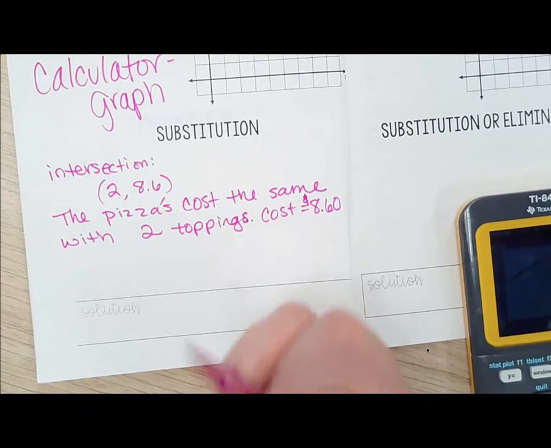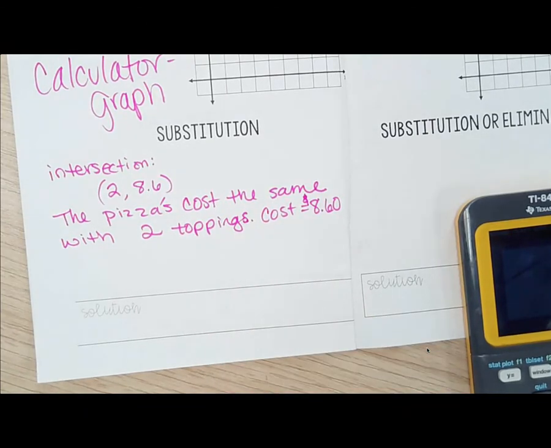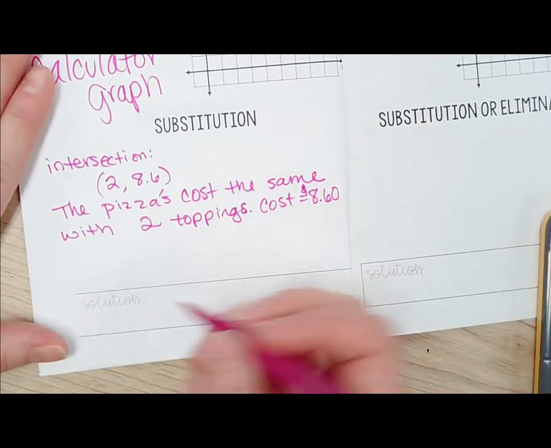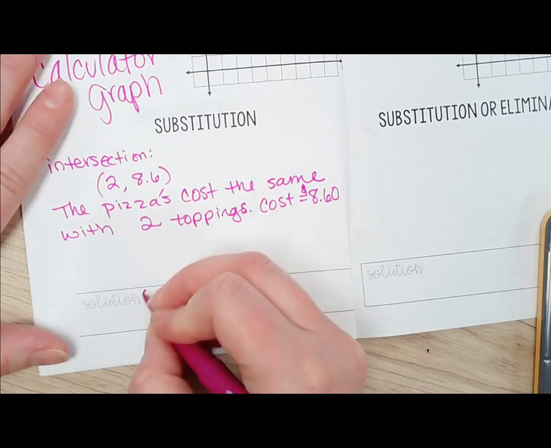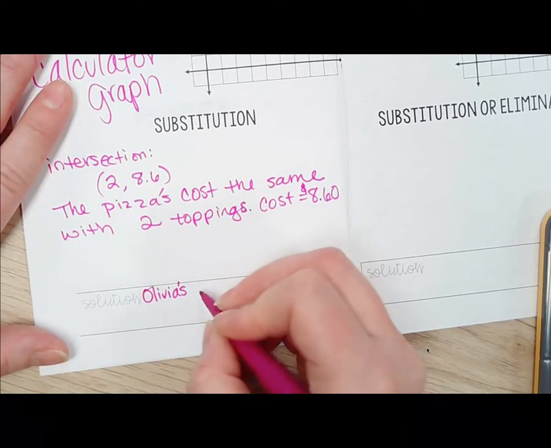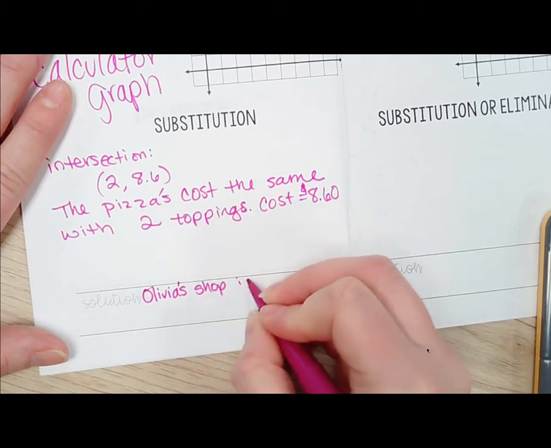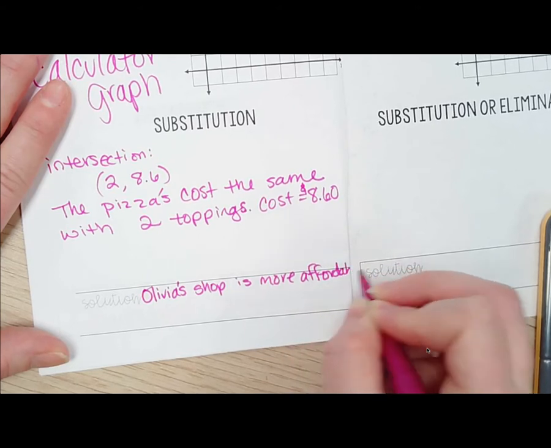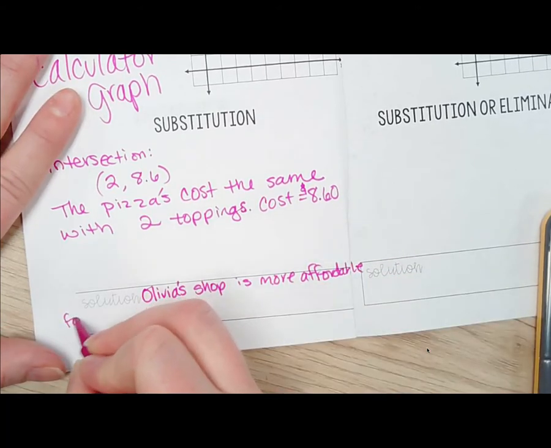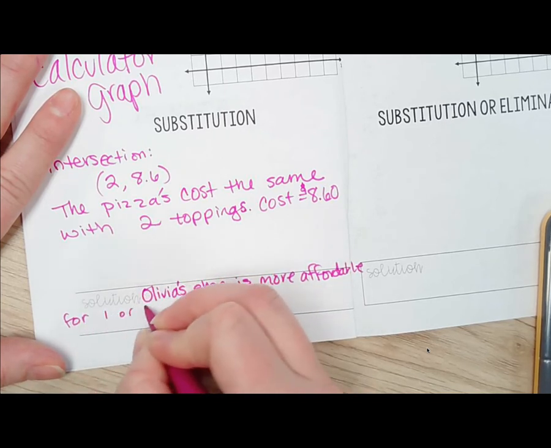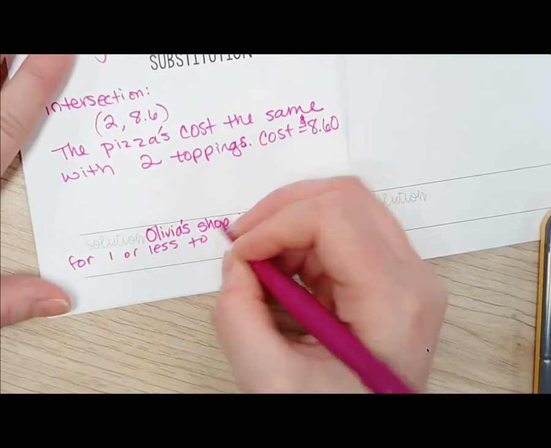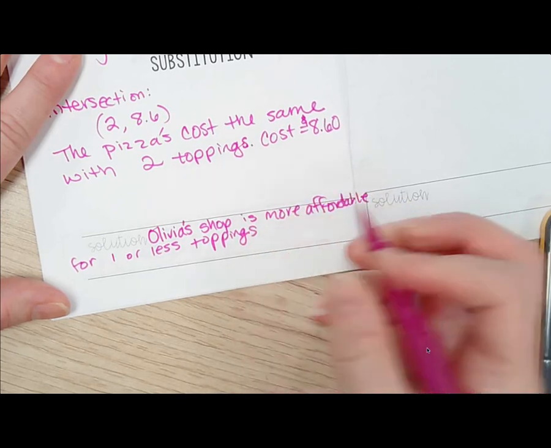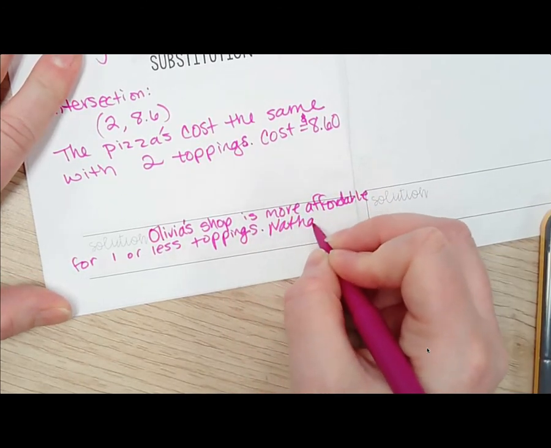So let's talk about what should we write here as our solution. Olivia's is better for less than 2 toppings. Olivia's is better for 1 and 9, and Nathan's is better for 2 more. Yeah, that's exactly right. Olivia's is more affordable for 1 or fewer toppings. 0 or 1, right? Pizza with 1 beef. Yeah. And then Nathan's is more affordable